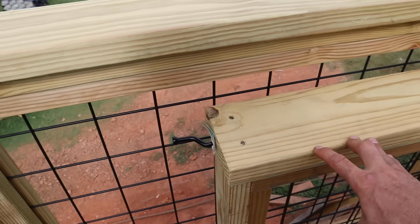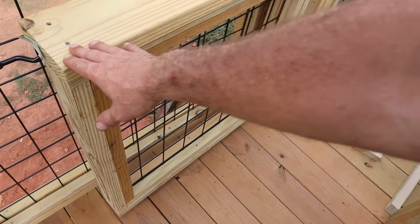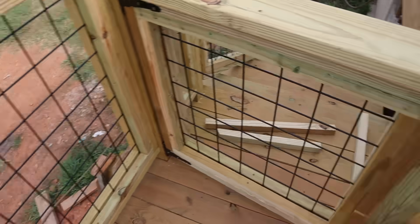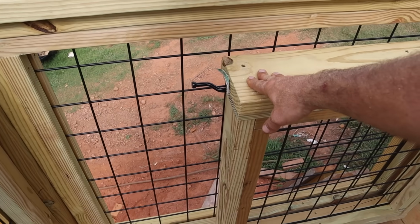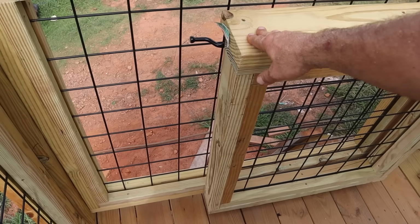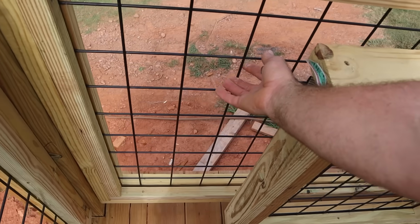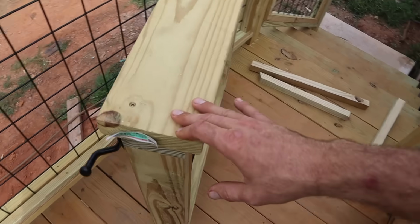So I assume these gates will stay open like this most of the time, except for when the baby's up here. I was kind of hoping I could figure out a way to make the latch somewhere over here so it would stay open, but I'm not entirely sure how I'm going to do that. I may just put a bungee or something. That seems kind of janky though. So until then,